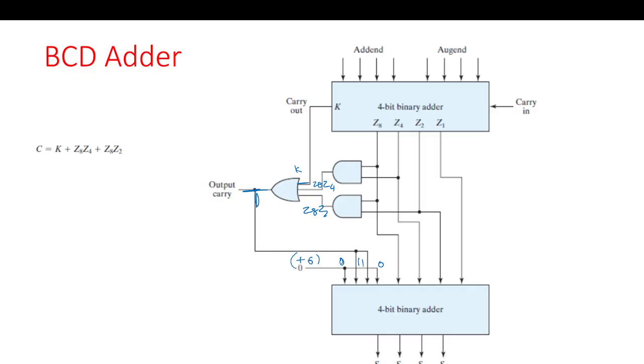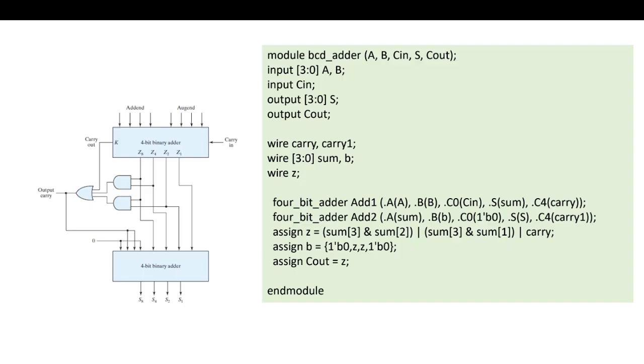It is added with 6 with this result to obtain the BCD number. Okay, so this is the BCD adder circuit. To write the Verilog code for this, we have to instantiate the 4-bit adder 2 times, one for performing the actual sum and the other for correction, and then we have to generate this carry, like the output carry